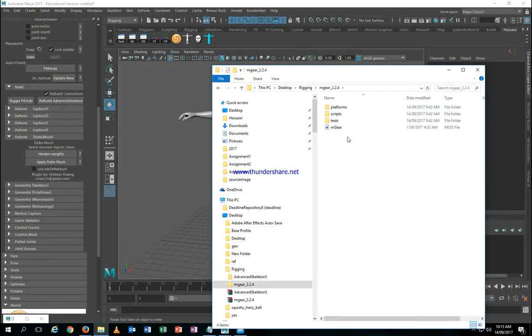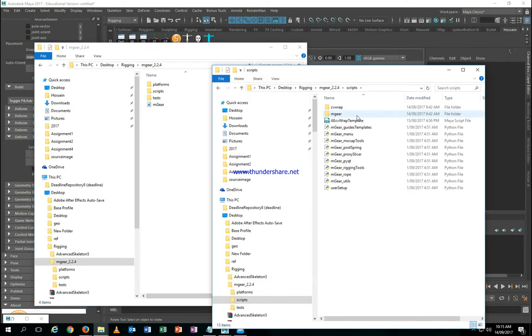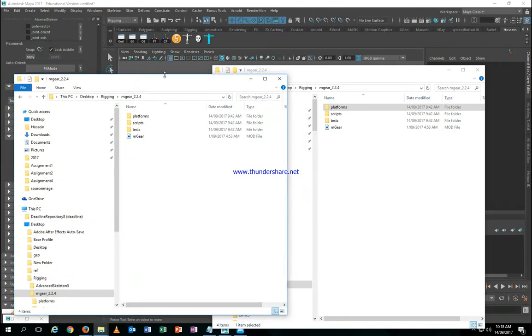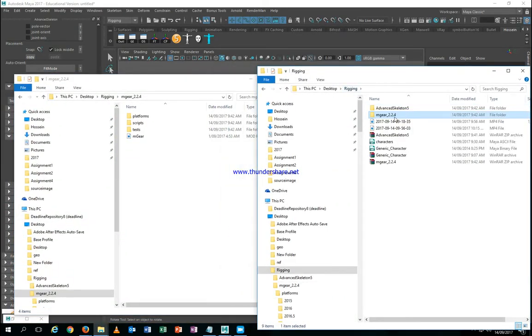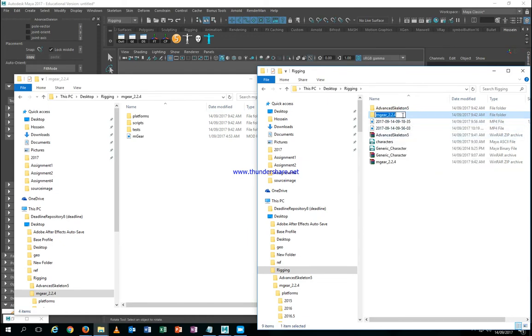mGear. You have all these scripts and stuff. What you have to do is copy them into your project folder, into the scripts folder. So we have scripts here, we have platform. Let me just have a look to make sure. Okay, so this is how it works. I just copy that somewhere. Make sure that you copy it somewhere proper, because it will stay there. I just changed it. Yeah, just copy it here